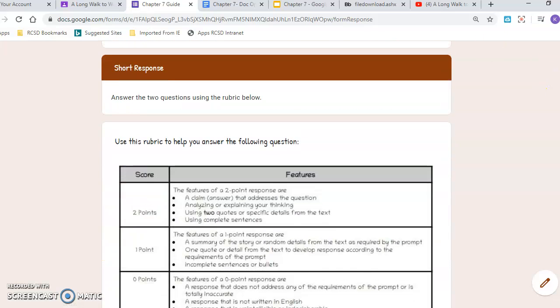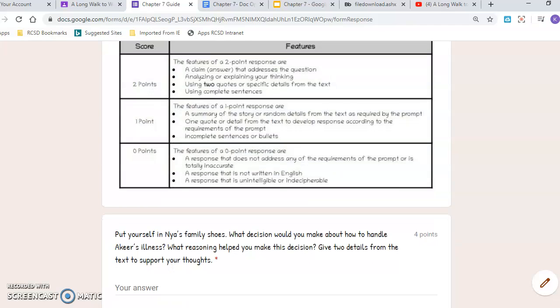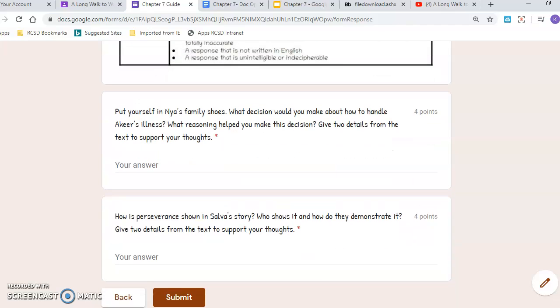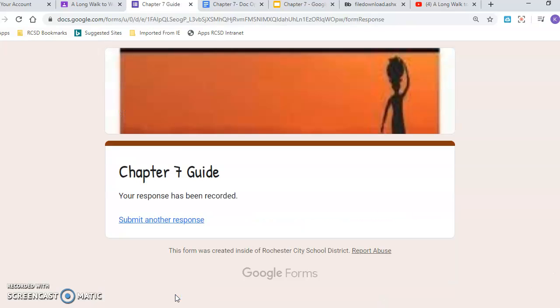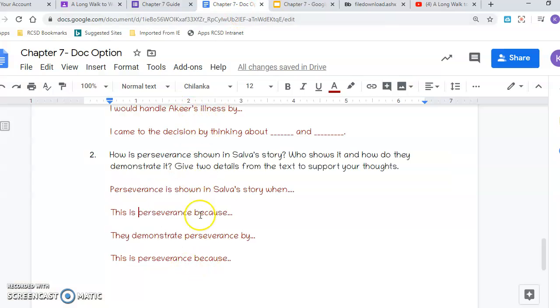Okay, so this rubric helps you answer those longer questions. So those are the two longer ones where I had several sentence starters for you. So these ones need to be longer, 4 or 5 sentences. You need to have 2 details supporting each thing. I'm not writing the full thing because I don't want to make you watch me do the sentence starters again. But again, even if you're answering it on here, you can look at my sentence starters I gave on this Google Doc in the video.